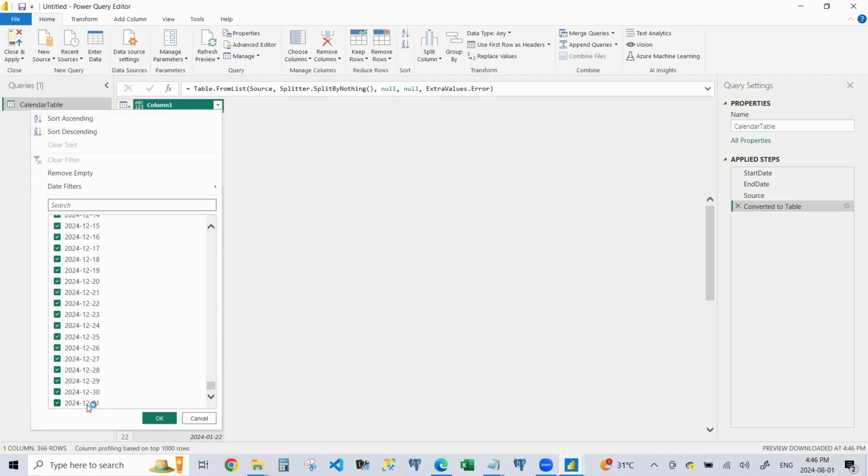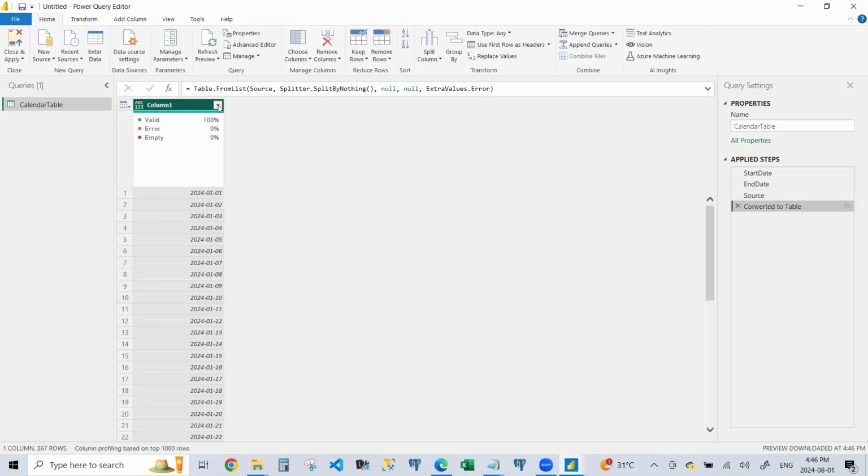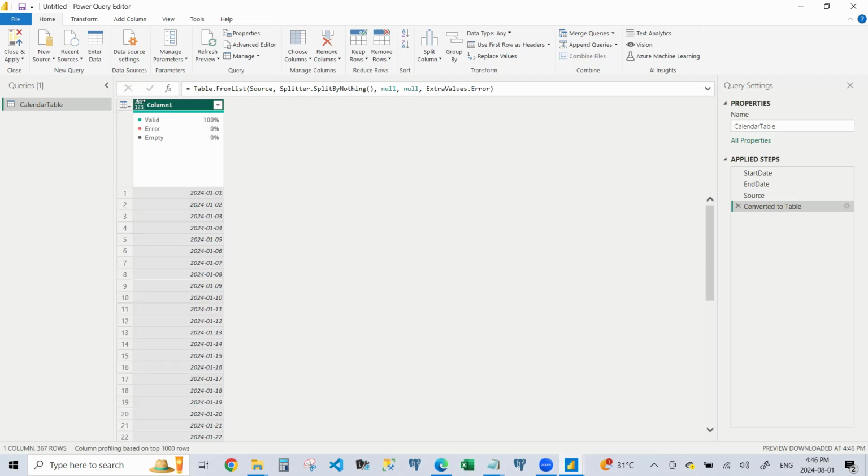Since it is not inclusive in our formula, I will add +1 in our count column to get the end date as well in our table. Awesome. So now we have the start and end dates as parameters, which can be changed at any point in time. Let's rename this column